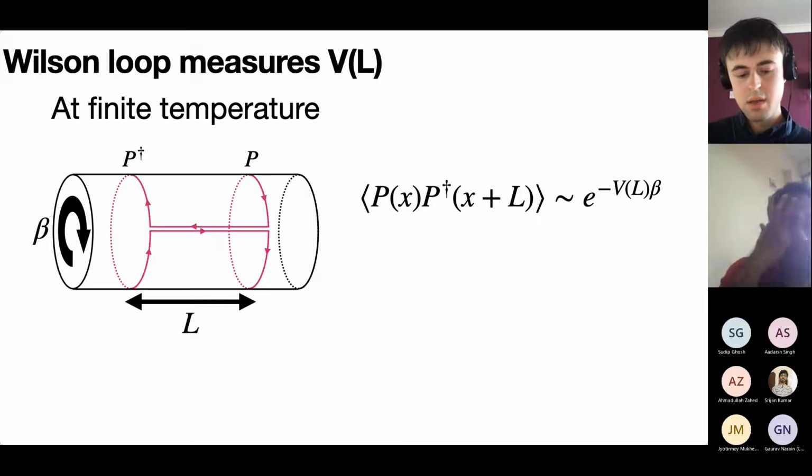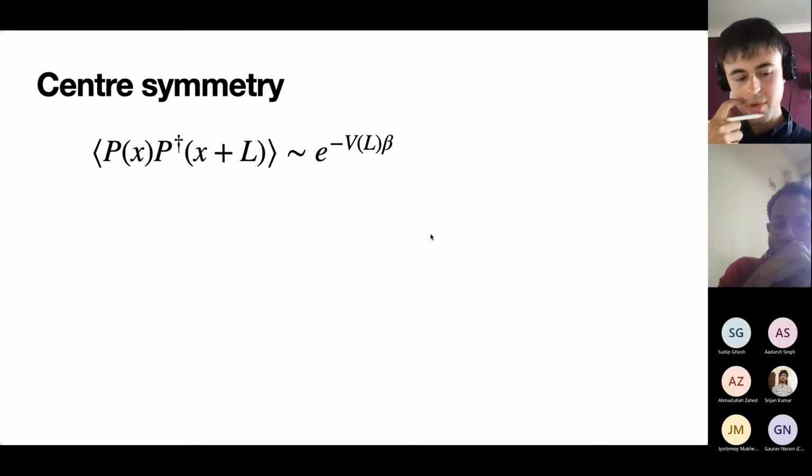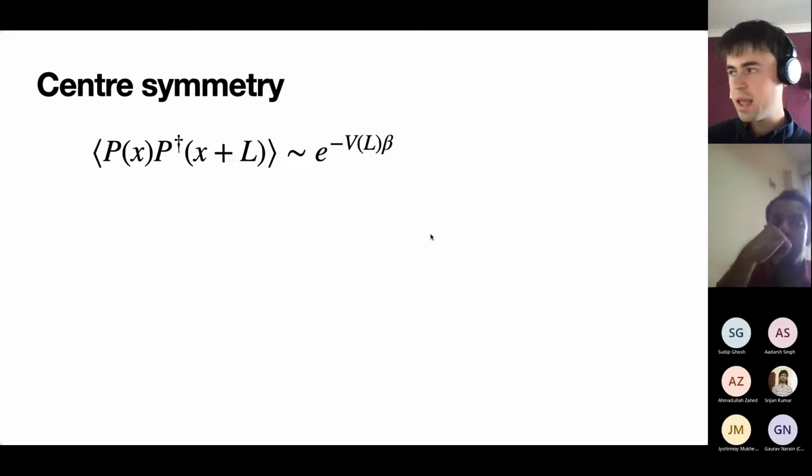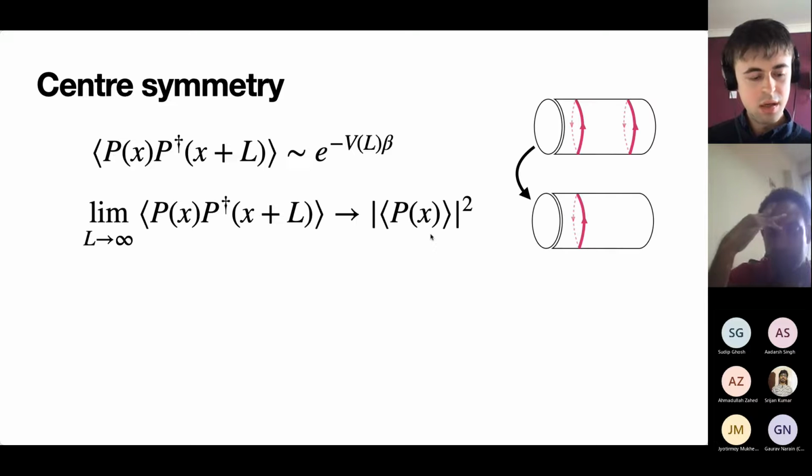Okay. So it might seem unhelpful that we have this remaining parameter L, and we can often get rid of parameters like this by taking them to an extreme, like L to infinity. And if we do that here, then we find something interesting. So we take this separation to be infinite, and so this expression should factorize by cluster decomposition, since each Polyakov loop should be independent.